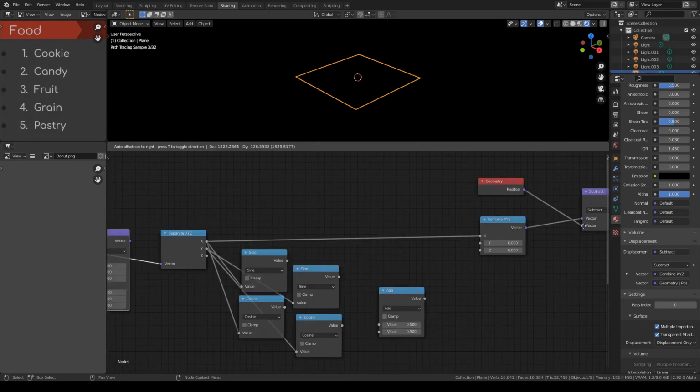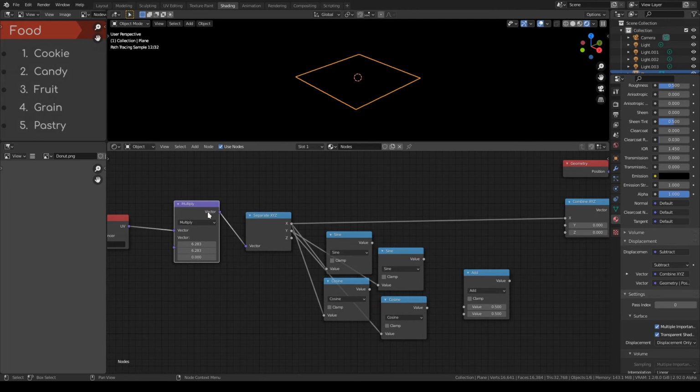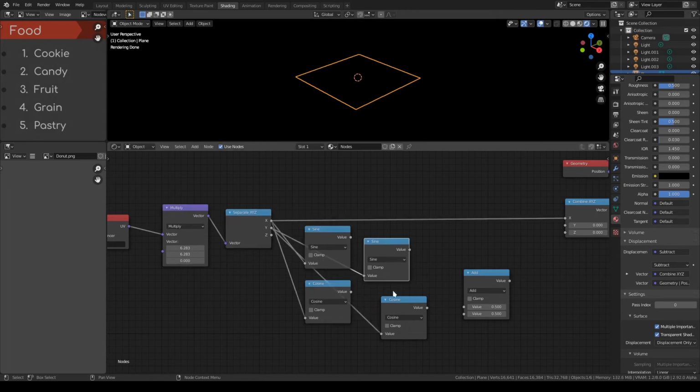Wait, I did have the vector node. Let's put in multiply, right? Just go with those numbers. No, wait, let's put in the correct numbers. Pi and 2 pi. And just type that in there, it will calculate it and put it in. Okay, now